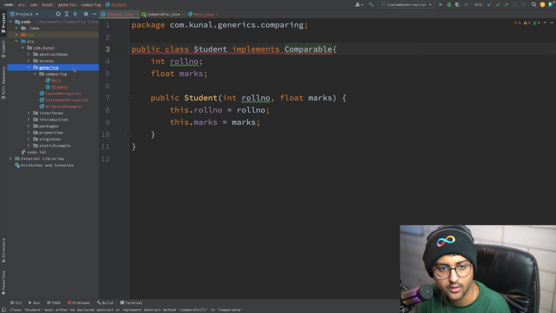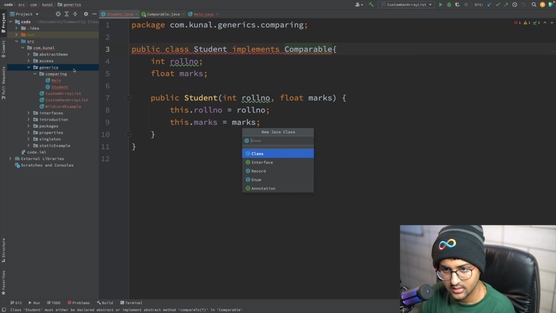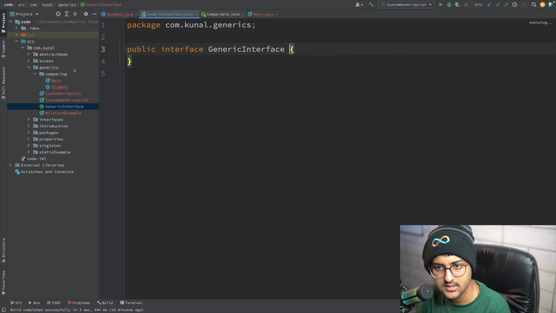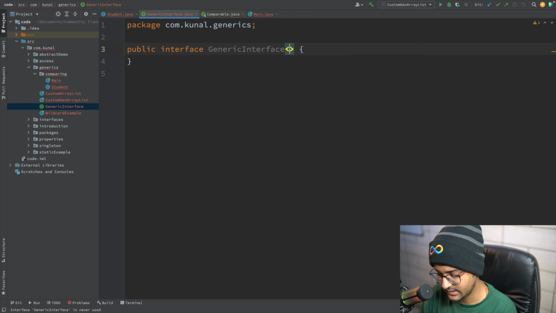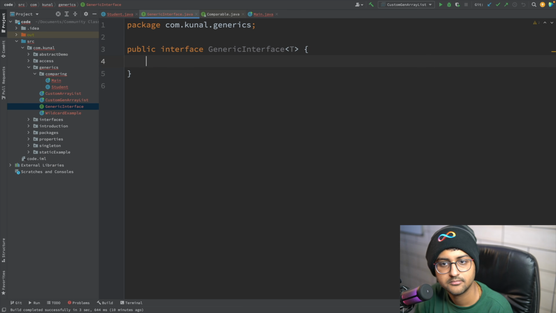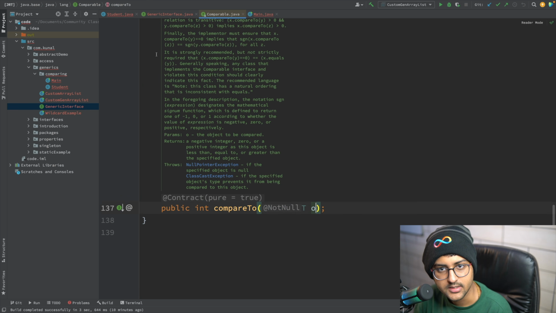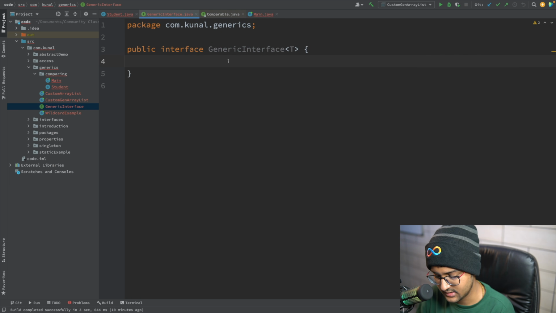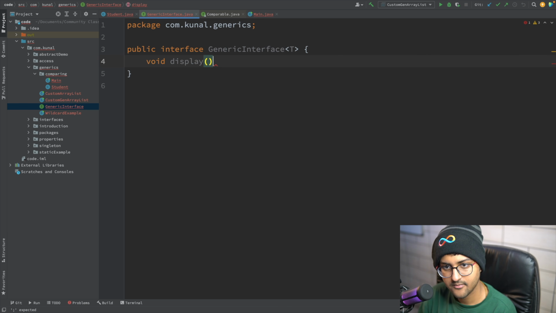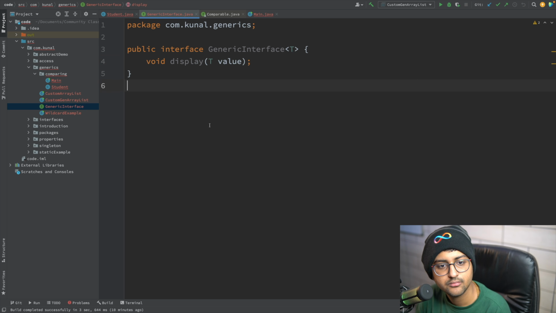Okay. So if you want to create your own interface with a generic type, something like GenericInterface, you can create it like this. That's it. Here you can say void display the value, something like that.